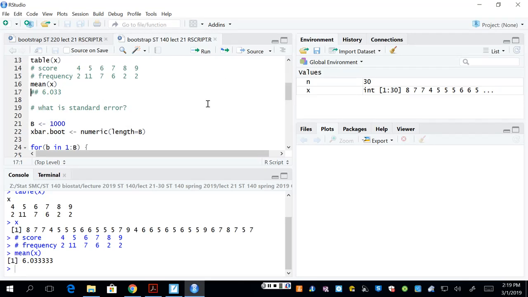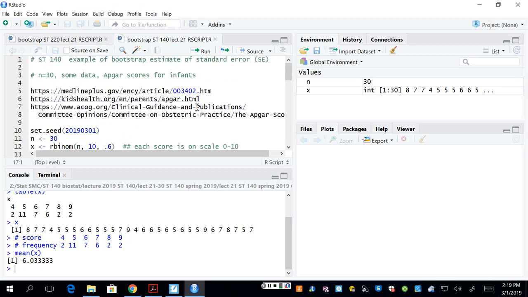What does that set seed mean? In the random number generator, it's generating random numbers through a little algorithm, and at the beginning of that is a starting point. If you set the starting point to be the same, and then go back and do it again, you get the same numbers. So if I generated